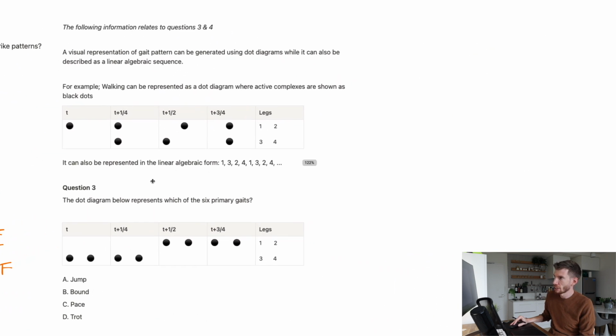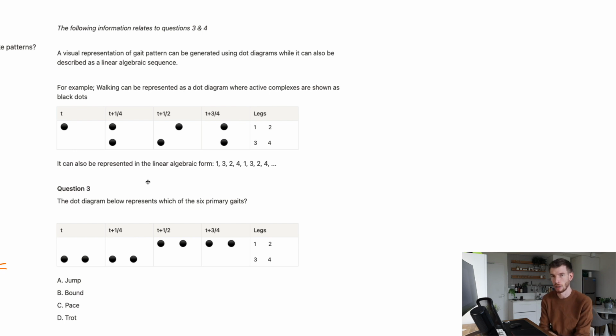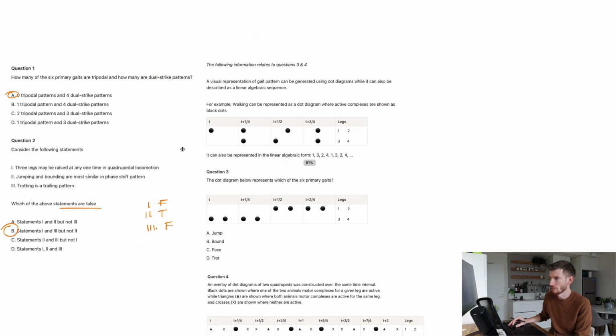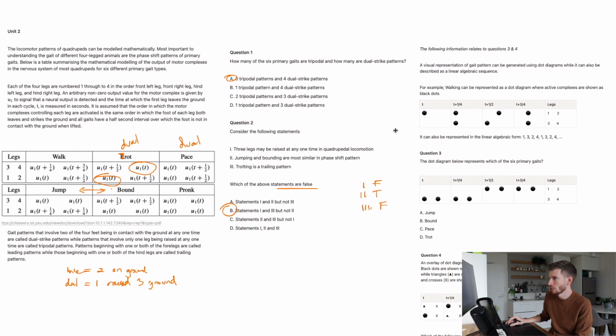And then the following information relates to questions 3 and 4. So a visual representation of gait pattern can be generated using dot diagrams, while it can also be described as a linear algebraic sequence. So for example, walking can be represented as a dot diagram where active complexes are shown as black dots. So we've got walking here, and we've got to now understand this new pattern. So if we try to get it all on screen,